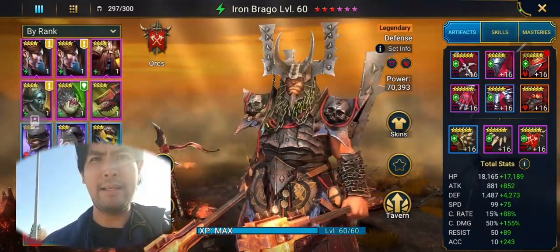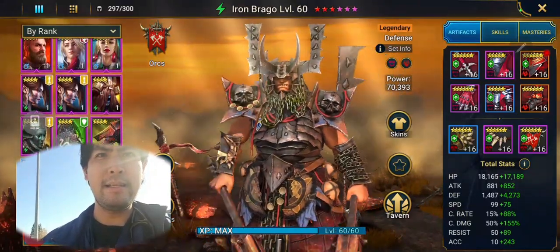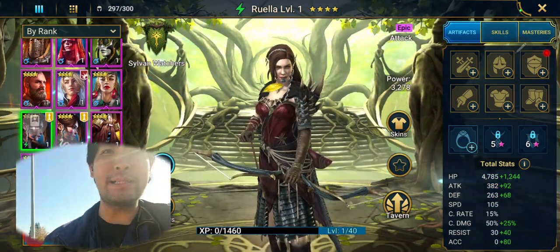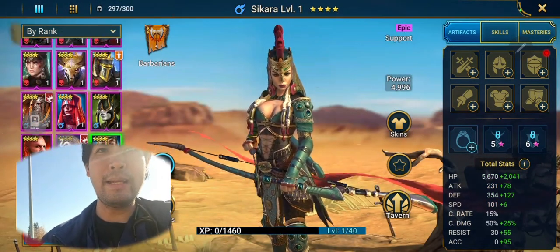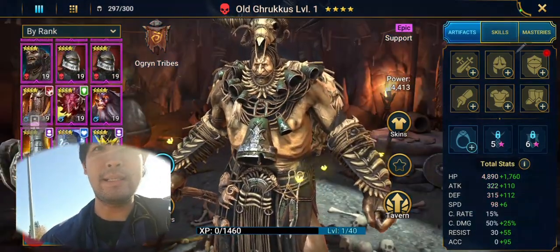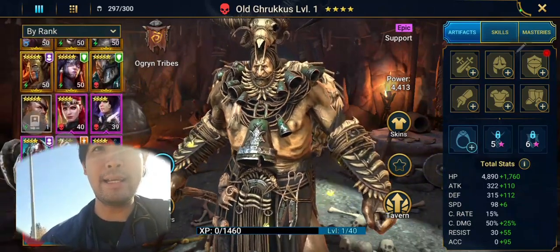Alright. Epics. I think we did get 2 of Ruella. Sylvan Watchers. Yeah, that's what they're called. And did we get any more Sylvan Watcher type epics? No, we did not. Old Crocus. And then for legendaries, I think...